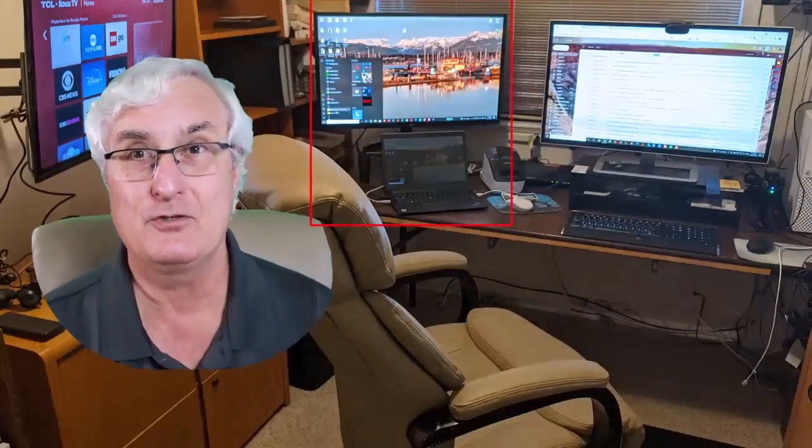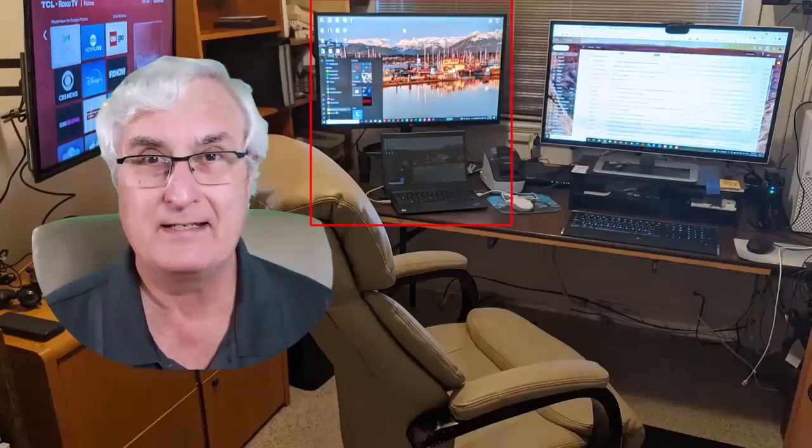Now on the left, you're going to see a 3rd screen. No, actually, if you look closer, you're going to see 2 screens, because one of those screens is plugged into my laptop, and you'll see a smaller screen just below it. And that is, of course, the laptop screen. And you're going to say, but Ron, I don't want that little screen. I want to run my laptop with 2 big screens like you have. Well, I'm sorry, you can't do that, because on your laptop you have a small screen which has to be considered the primary one, and I've added 1 more, and that's your 2, and that's all you get with your laptop. Well, not quite. There is another way to add more screens, but you need what we call a docking